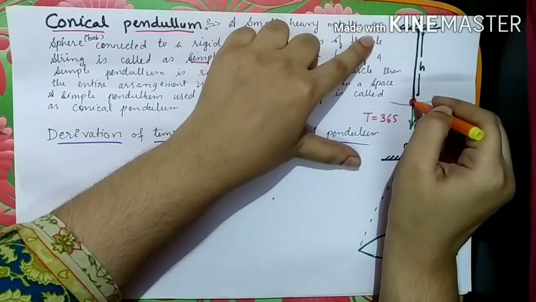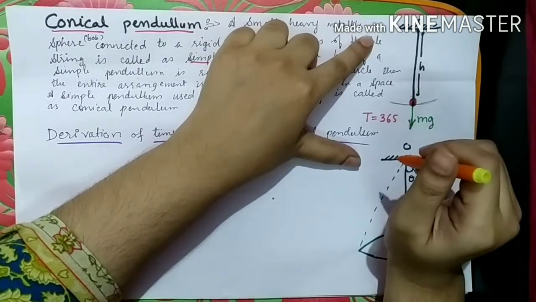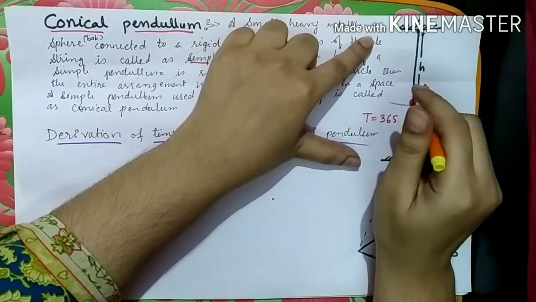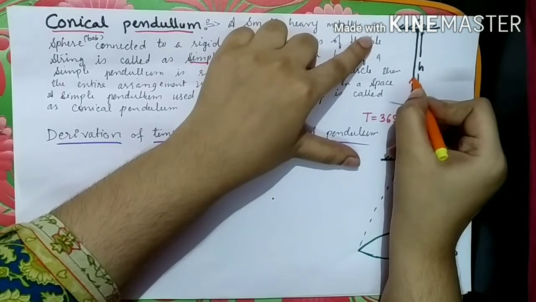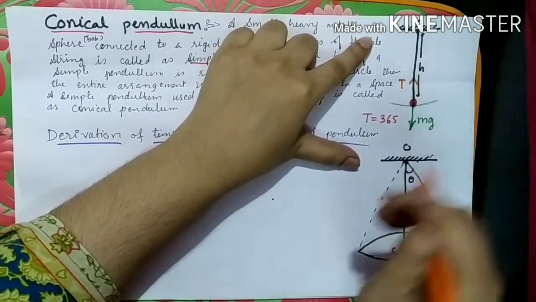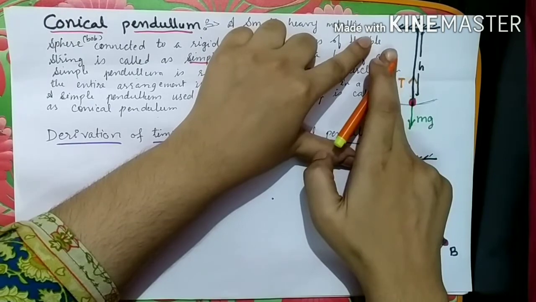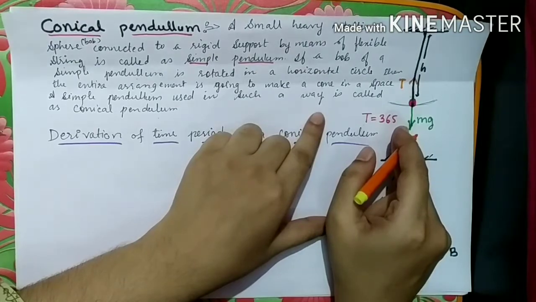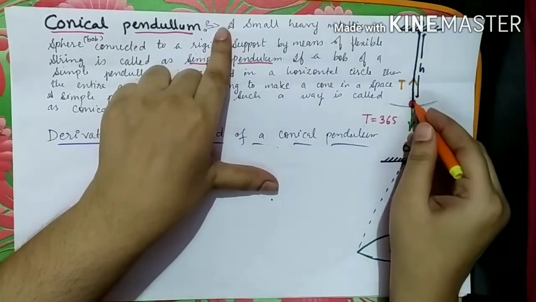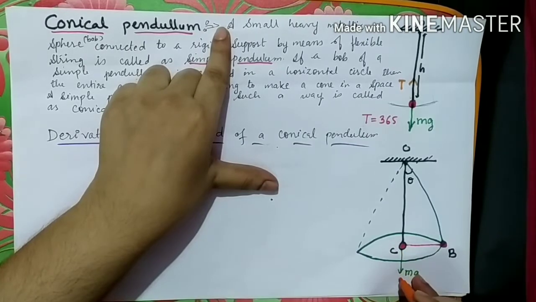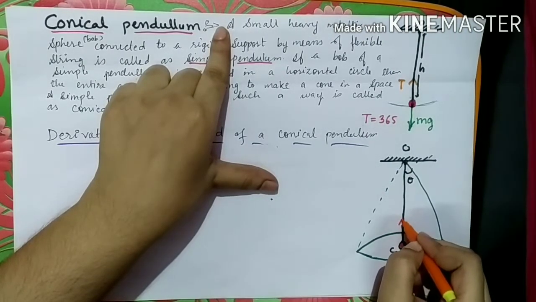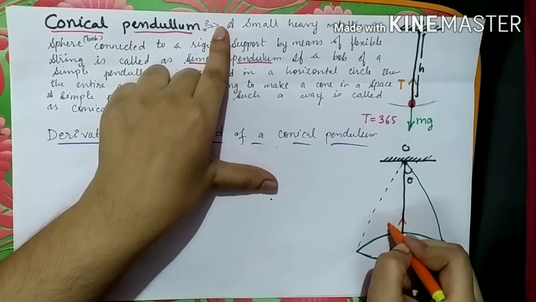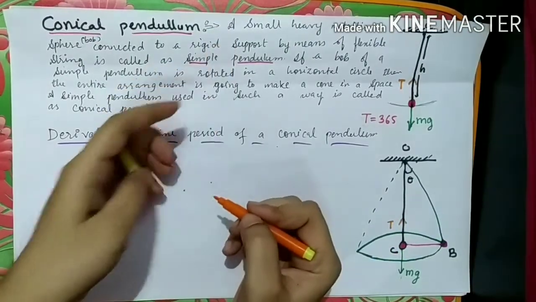So it means what? In the string there must be a certain force which is balancing the weight mg. Yes, that force is called tension in a string. So tension is acting in a vertically upward direction, and it will not let the bob move in the direction of gravity. Similarly here, when the pendulum is in a state of rest, two forces are acting. One is mg directed in a vertically downward direction, and the second one is tension T in a string.